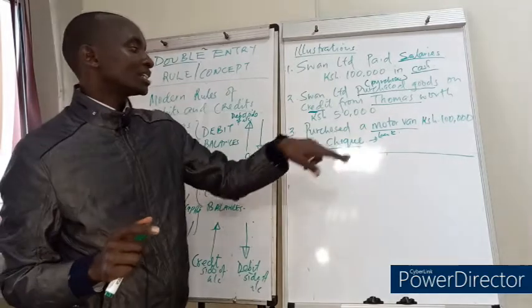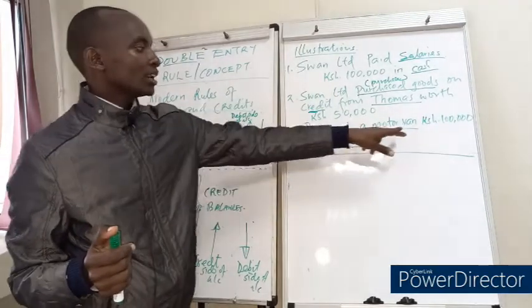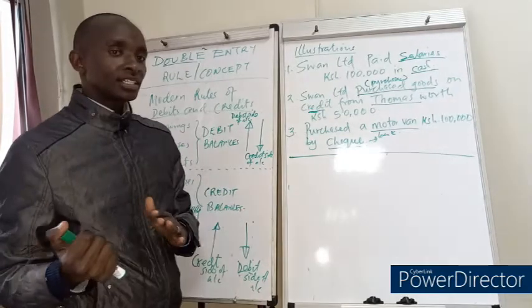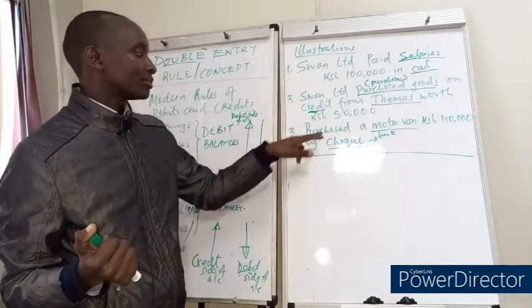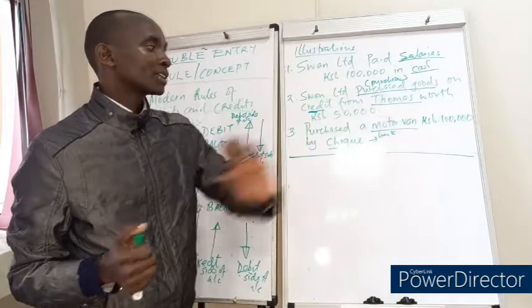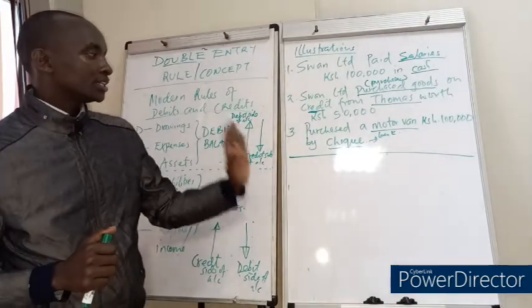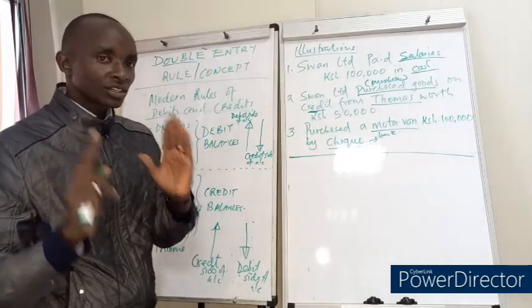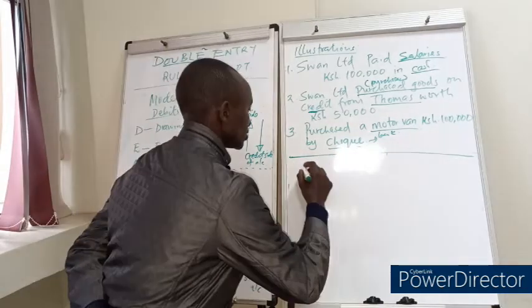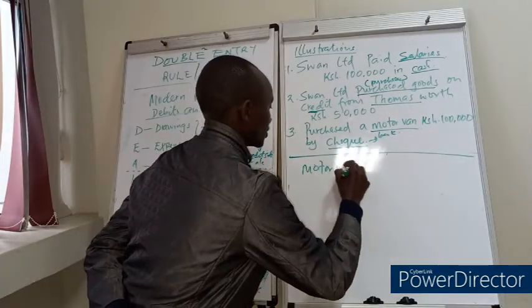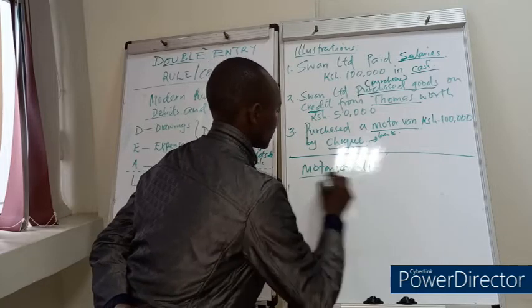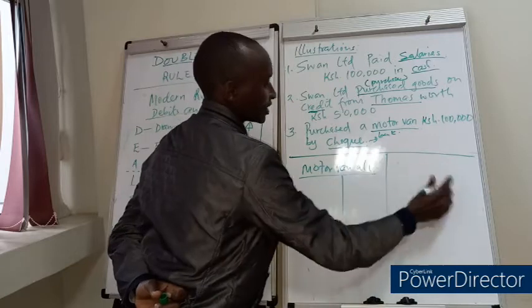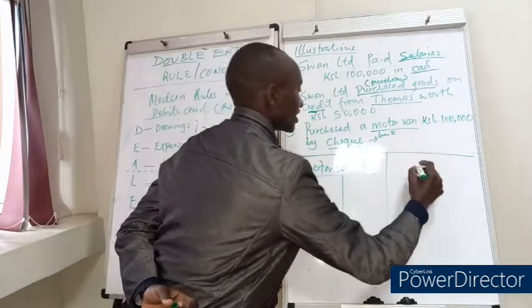So in accounting, you say purchase account. But when you are purchasing an item like a motor van, that is when we are engaging ourselves in capital expenditure, purchasing a capital item, like the motor van, we open an account of that capital item on its own. Like for this case, you say the motor van account, and check. You cannot write check account. No, you say bank account,